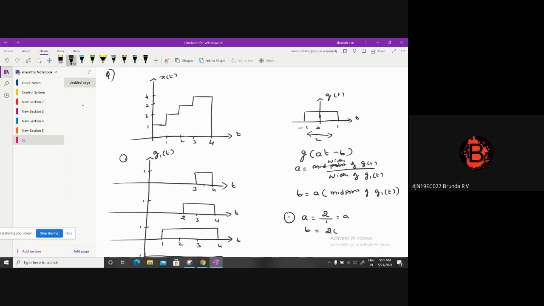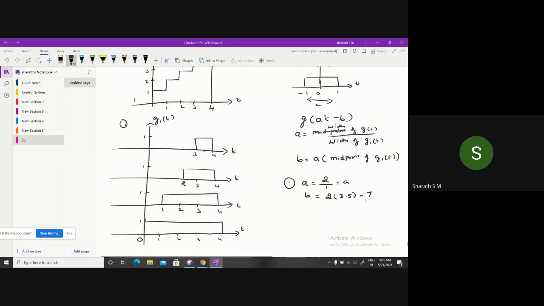So 2 into 3.5 is equal to 7. Now substitute that value in the g of at minus b equation. That is g1 of 2t minus 7. So this signal we can write as g1 of 2t minus 7. In the same way for the second one,